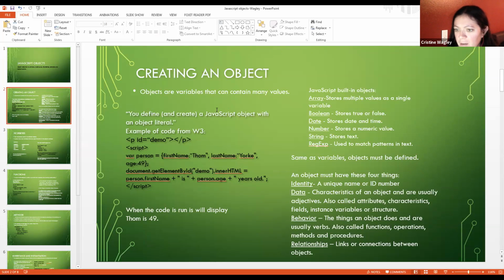Okay, so creating an object, we even saw in Chris's presentation that there were some objects in there, and this is just pulled from W3 because that's most of the easier stuff. That's where I found it was just easier to understand. So this is just a simple little example of code. And the variable with this would be a basic object. I actually have the return stuff in here, but that's not part of it really.